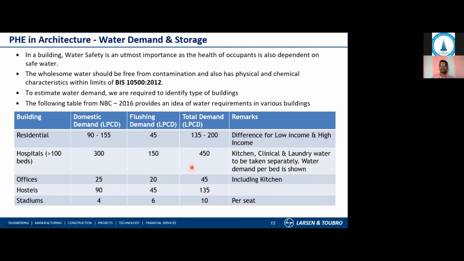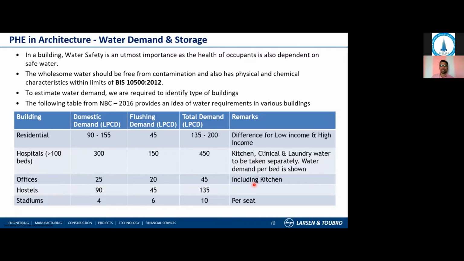So approximately, I can say this 450 per bed will reach closer to 600 to 800 also, with the addition to this, approximately you can reach. But NBC says a minimum should be this much, but you have to assess by your own and then you have to put it. So similar for office nature, yes, total is 45, which already covers kitchen also,